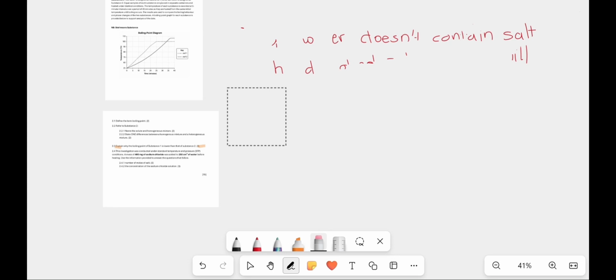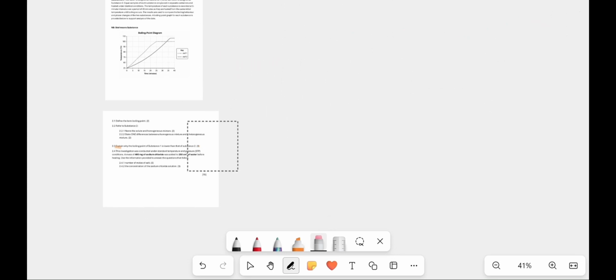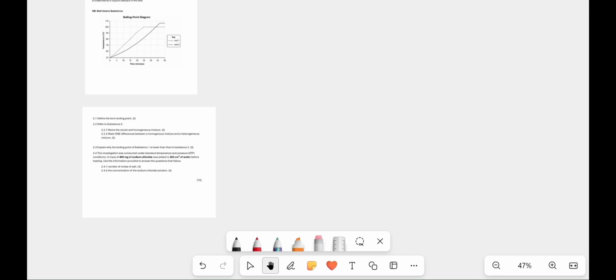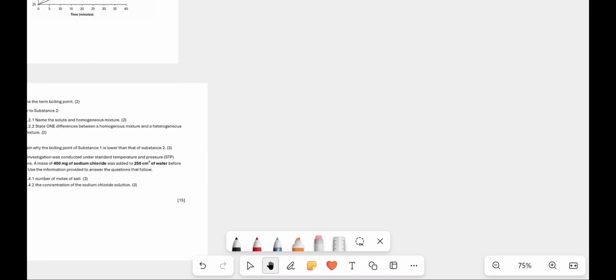Okay, now 2.4 is a bit of a difficult one because there are some tricks that they are trying to catch you with. And if you don't know this, you would fall for those tricks. Okay. They tell you in 2.4, let me just zoom in a bit. 2.4 says,